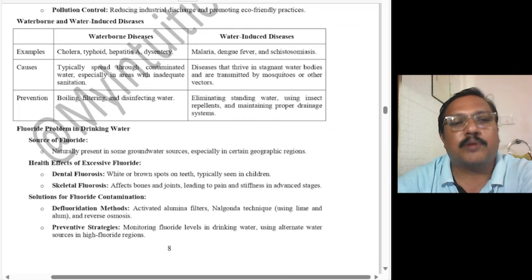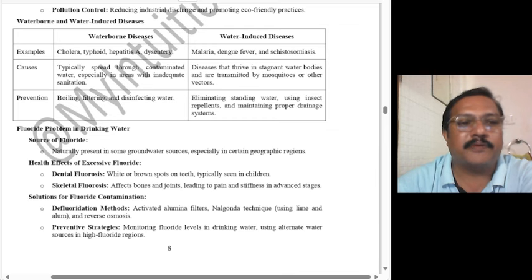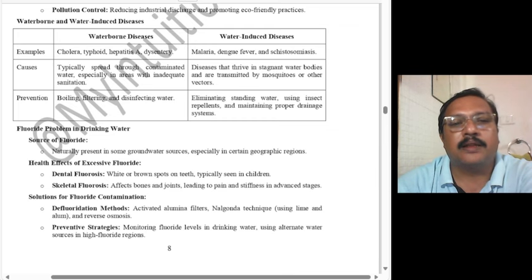And maintaining a proper drainage system, ensuring that water flows away from the living areas and prevent it from becoming stagnant and attracting mosquitoes. Drainage in the sense that if there is not much time for the water to penetrate into the earth, let it flow, don't let it